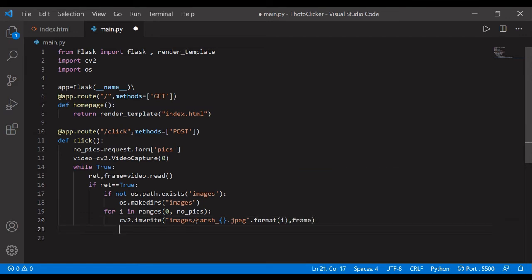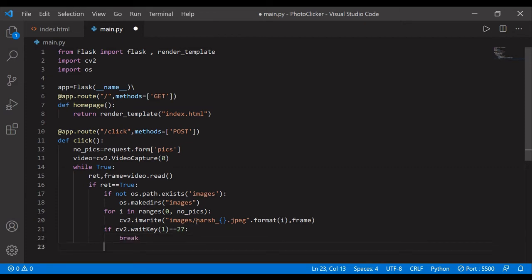Now for closing our window we have to check if cv2.waitKey is 1, and 1 is nothing but our escape button, so it should break the loop.